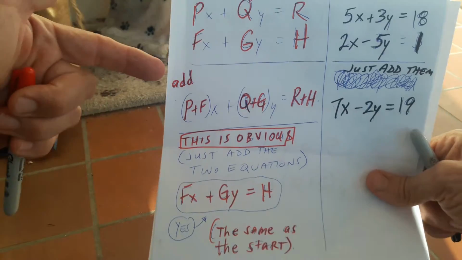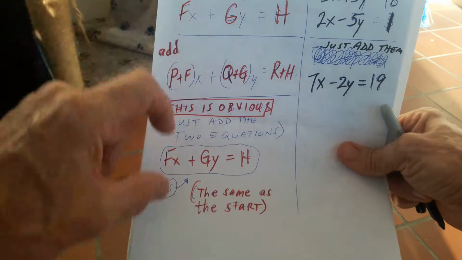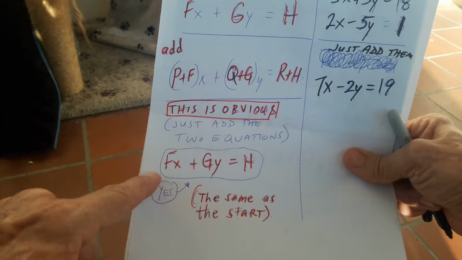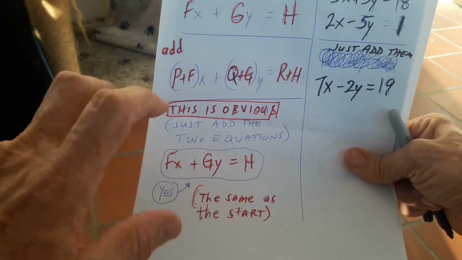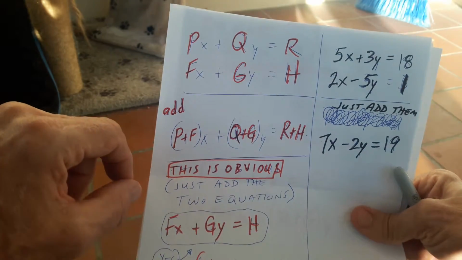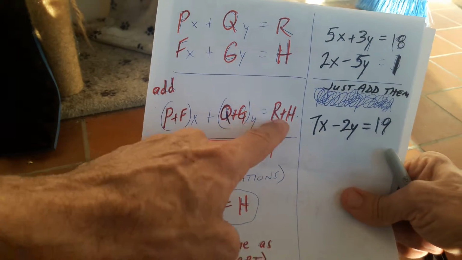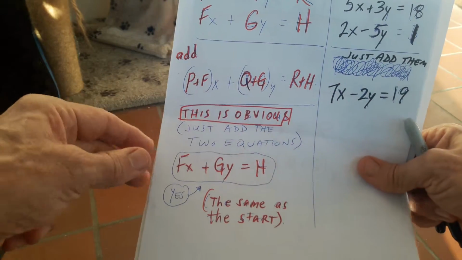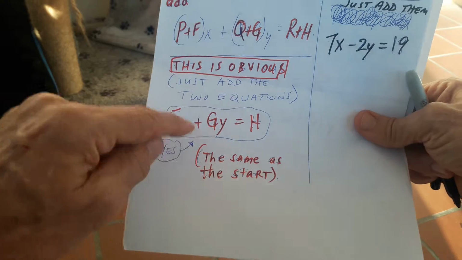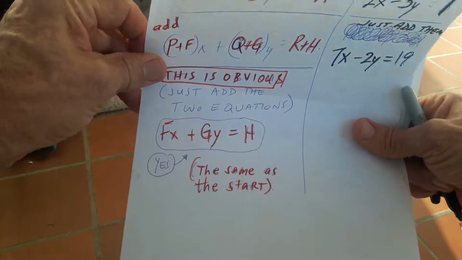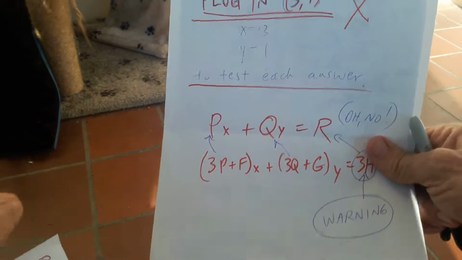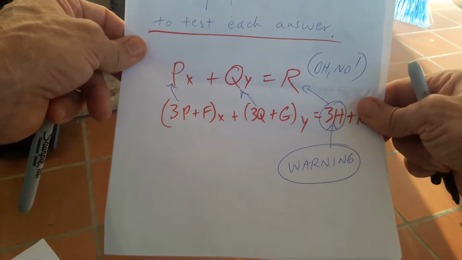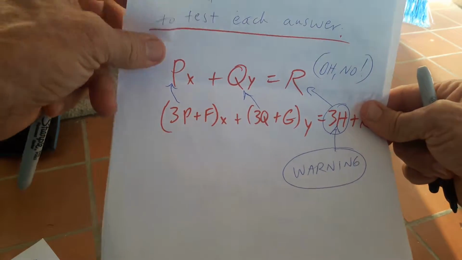And so what you want to look for is everything changed perfectly. This second line is the same as this second line. So, nothing's changed. This line is just taking these two and putting it together, so it's still consistent. So, this is the same. That will produce the same result. The temptation is to plug in. Don't do it. What you're looking for is something that is